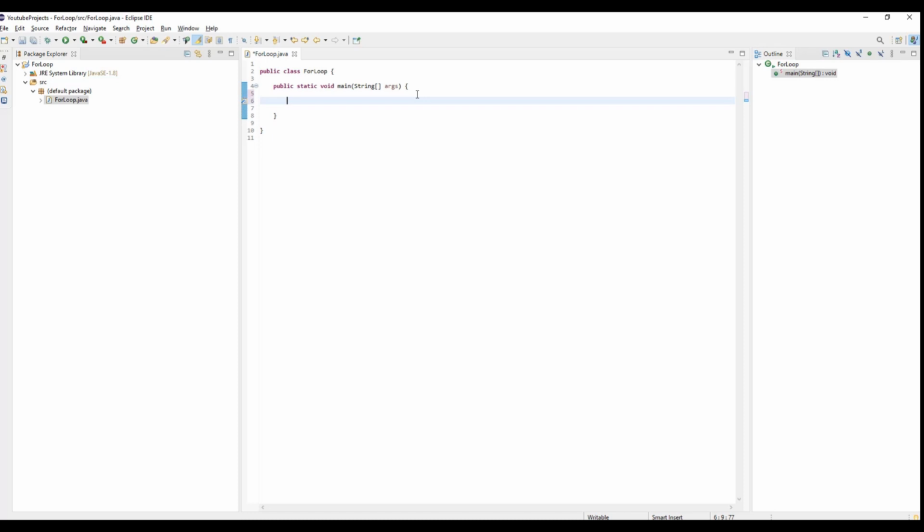So let's say we wanted to write a program which outputs the numbers from 1 to 5. There's a solution to this problem which instantly jumps out, which is to write a print statement for each one of the numbers from 1 to 5. We can do this by writing a print statement and simply copy and pasting this 5 times. So that's 5, and then you can go through and replace all the numbers,